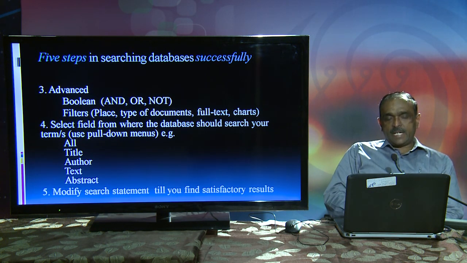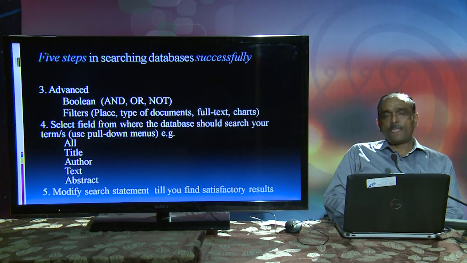Now, the fifth and final step in searching literature, according to me, is modifying your search statement. Friends, when you input your search statement, or with the help of an appropriate search strategy, into the search window, you will be able to find the literature.